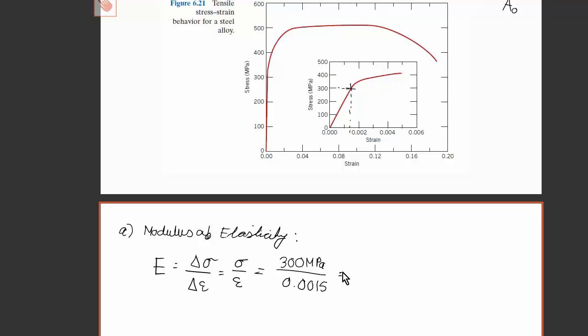If we calculate that out, we get the modulus of elasticity. Which is, I get an answer of 200